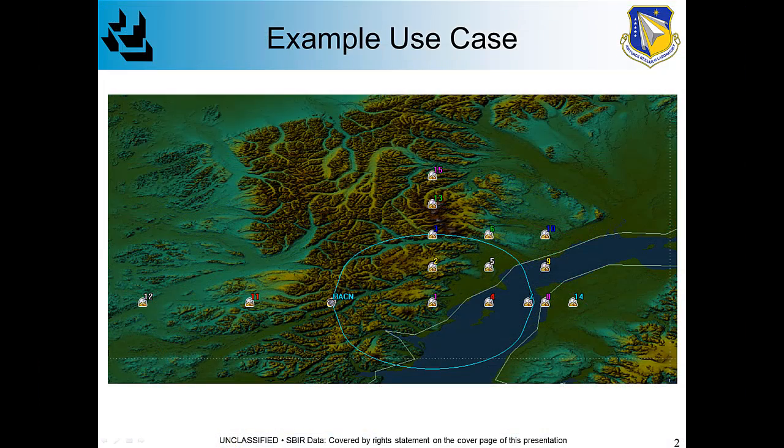Here's a typical use case for Dynamics. A set of users on the ground and on the water are using radios to communicate with each other, forward command centers, and/or CONUS-based sites. A mission planner must select the orbit for the aerial communications platform to fly in order to best serve this